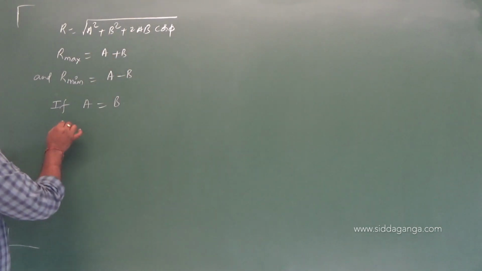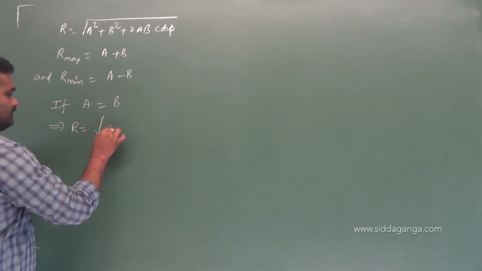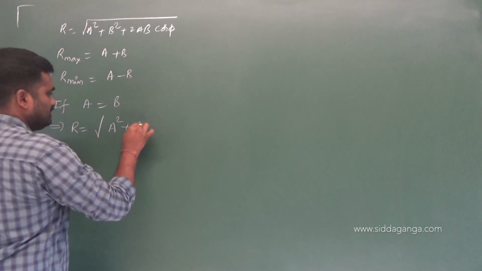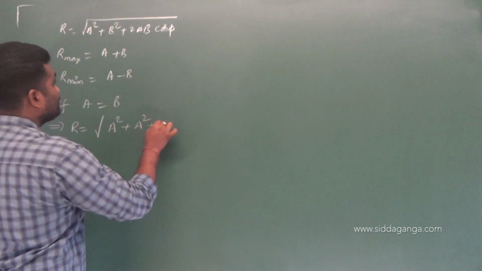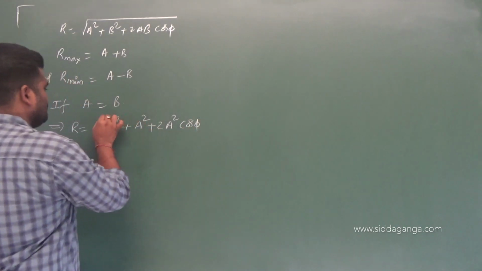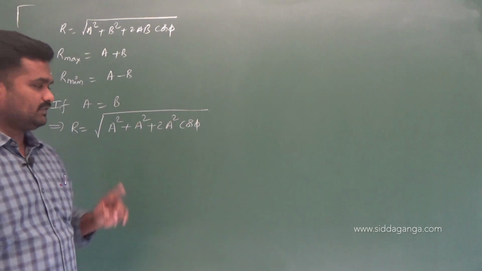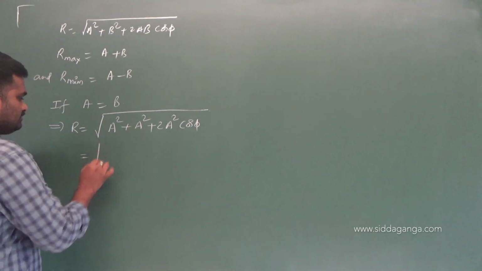You just see here now, R equals root of A square plus A square plus 2A square into cos phi,